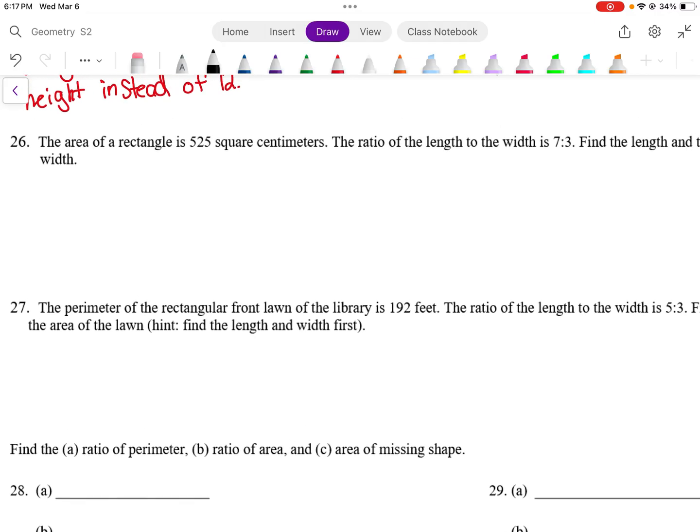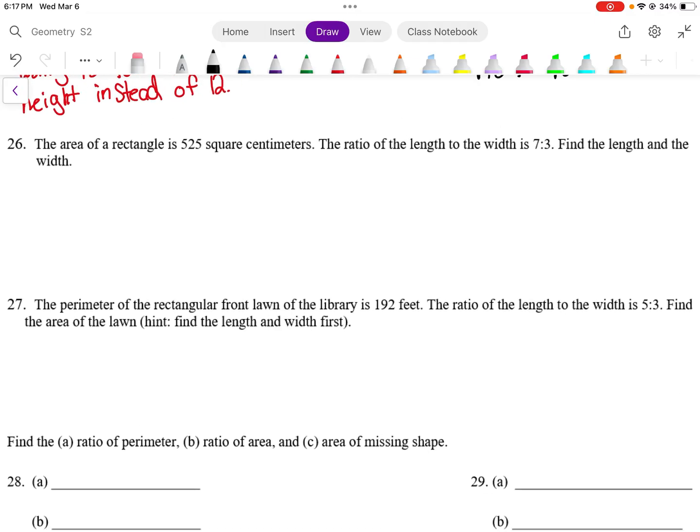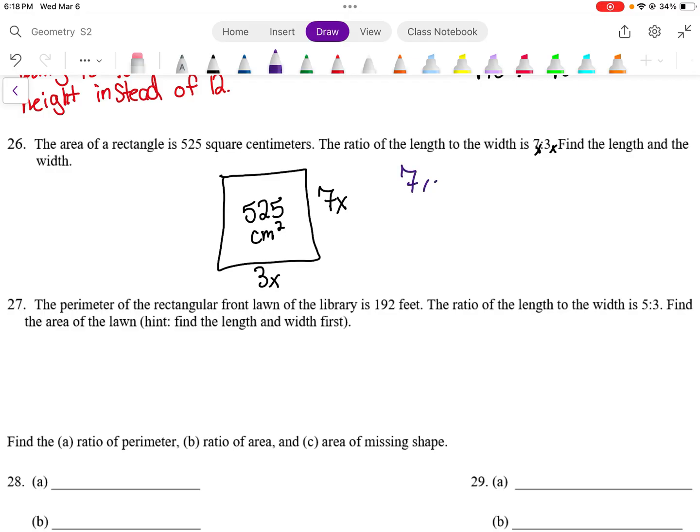26 and 27, those are review from our similarity unit with our extended ratios. 26, they gave us the area of a rectangle is 525 centimeters squared. And the ratio of the length to the width is 7x and 3x. So remember, you add a variable to each of those. So if we would use this to find our area, we would take 7x times 3x equals